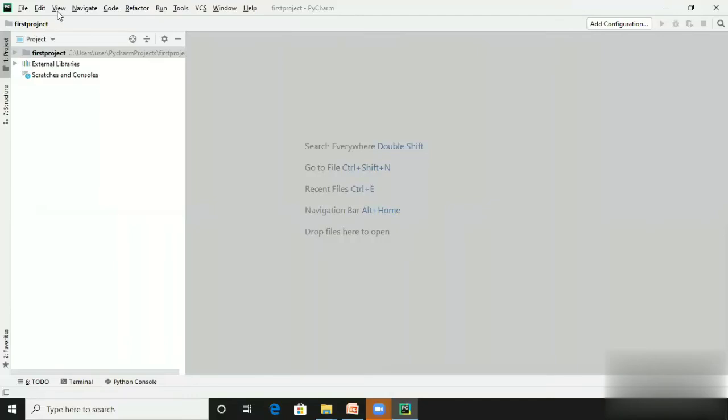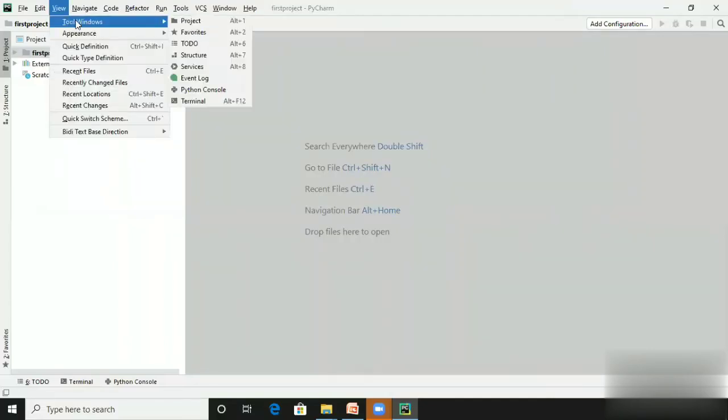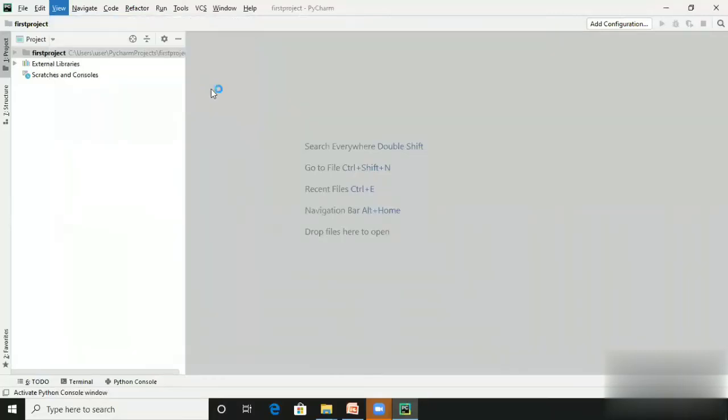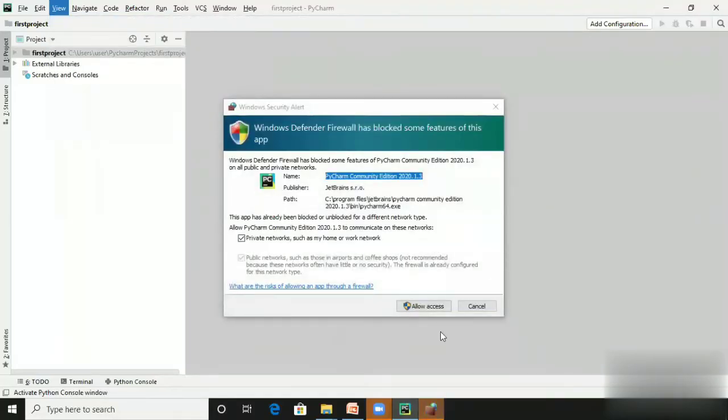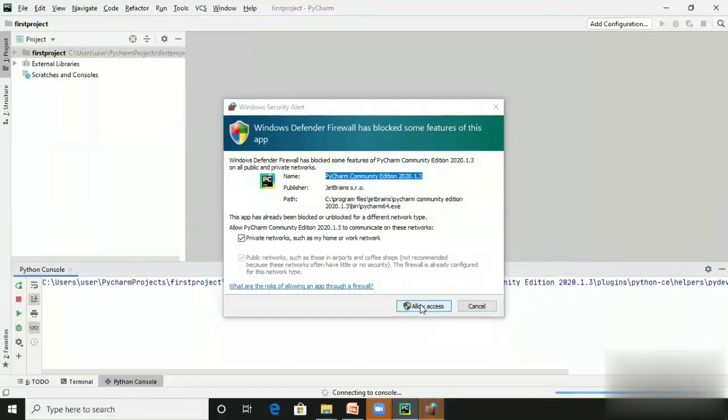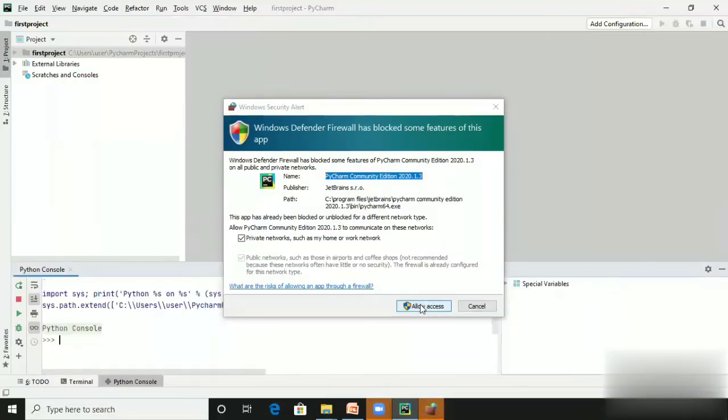Go to the View section, Tool Windows, and you can see so many windows, such as Python Console. The first time, the operating system firewall will ask you for permission, so allow the access to all the facilities of PyCharm.